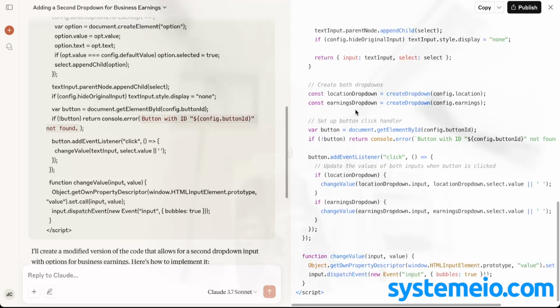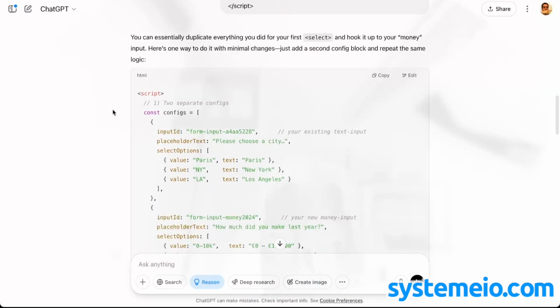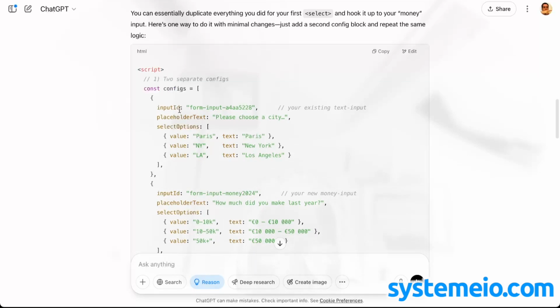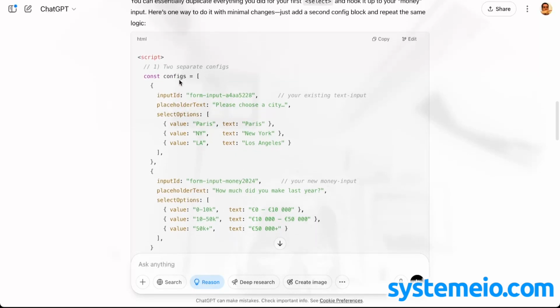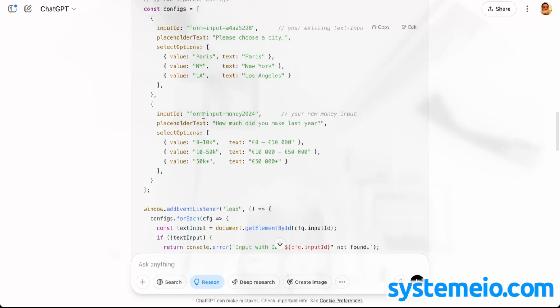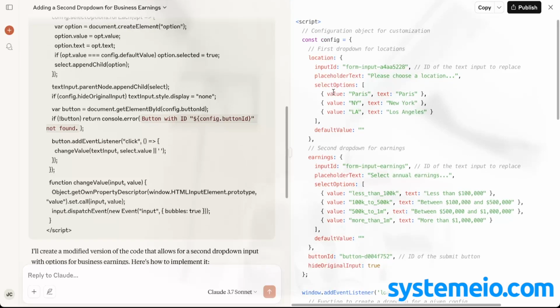I don't know, maybe this one is correct. And let's see ChatGPT. Okay, so here it does it a bit differently, but it's fine. I think maybe it's better. It's more complex because it creates an array for the two inputs. Where here it was, no, it was the same. Still an array, but